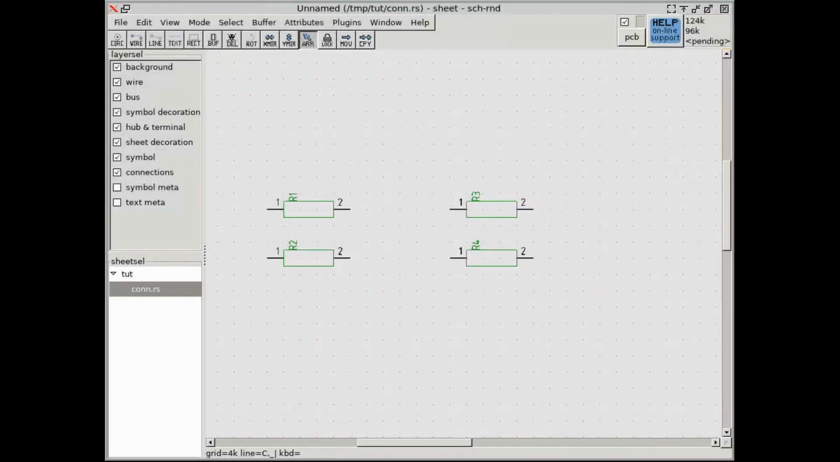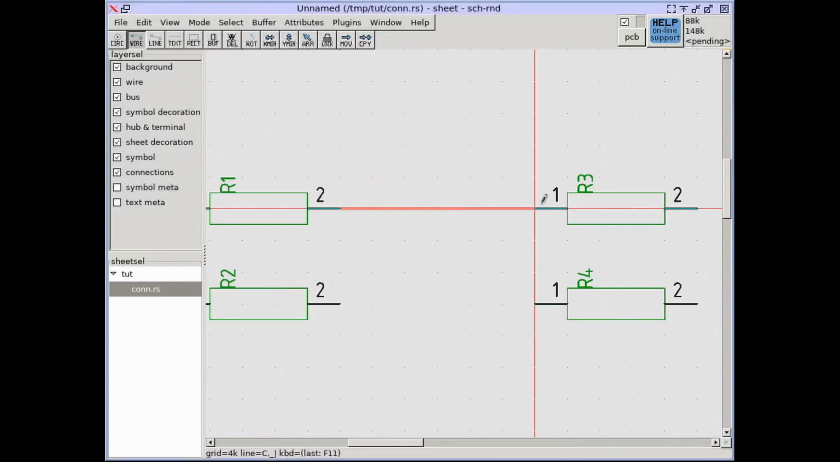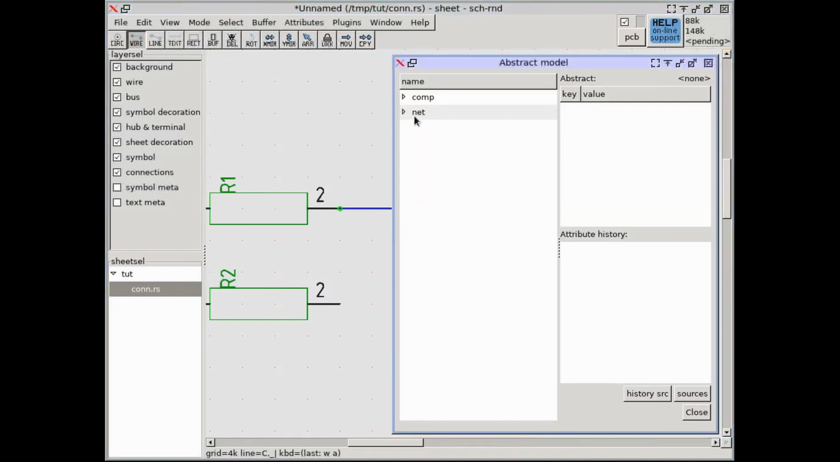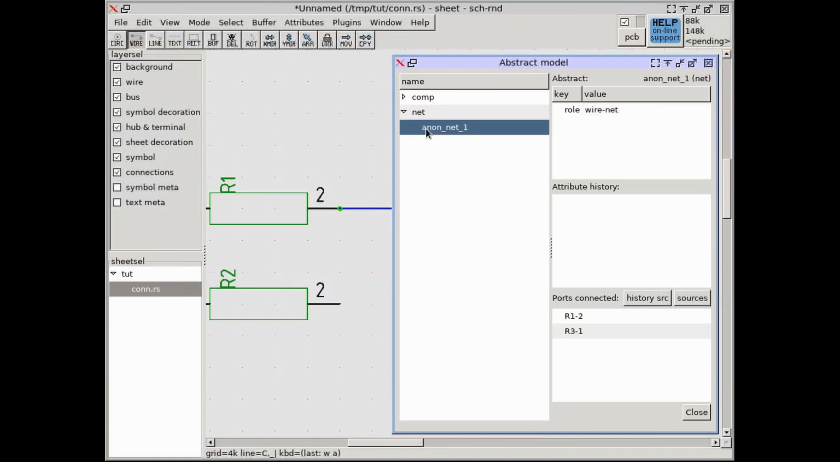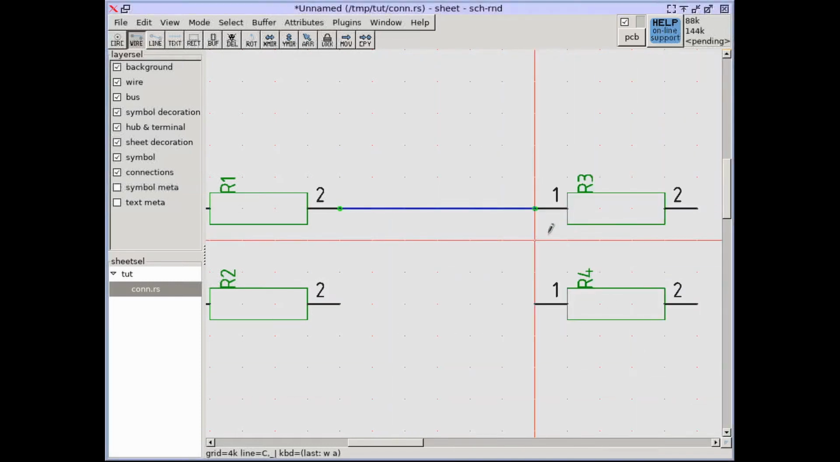In this tutorial we are going to connect a few resistors 6 different ways. The most trivial way is to use the wire tool and simply draw a wire net that connects the terminals of the two resistors. The resulting net has a dummy anon net name because it is not explicitly named on